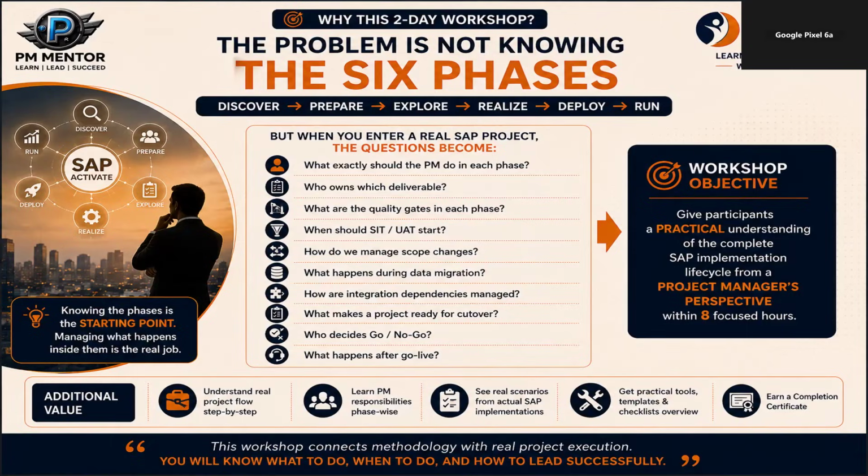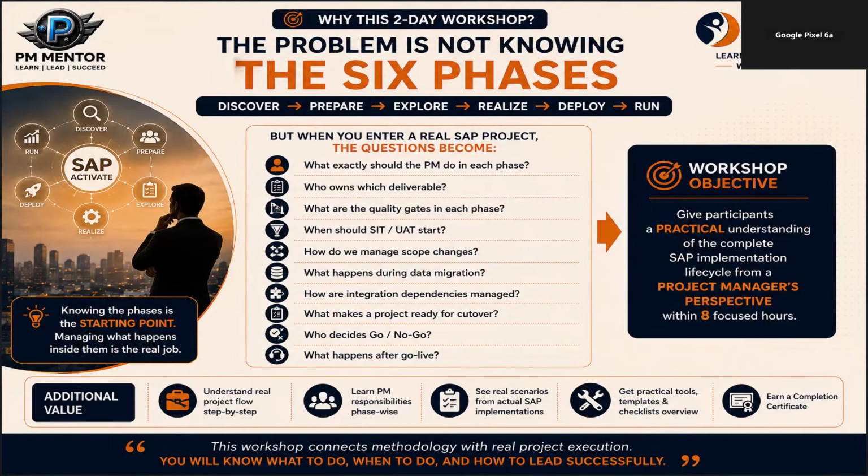And finally, what happens after go-live? So many people think the system is live, the project is finished, but not necessarily. After go-live, we enter hypercare. Now, real users are using the system. Real business transactions are happening. Incidents start coming. Some issues may be process related, some may be training related, some may be data related, some may be real defects. And so the project manager needs to manage incident prioritization, daily triage, ownership, escalation, business communication, support handover, stabilization, and the